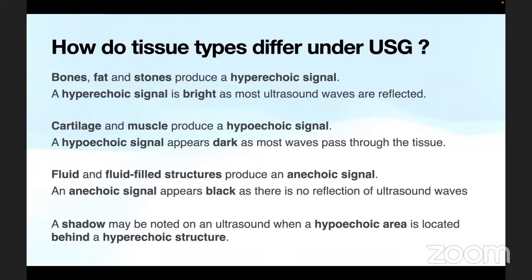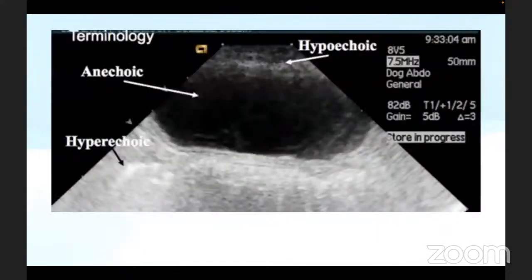Sometimes you may see a shadow on the ultrasound, where a hypoechoic area is located behind a hyperechoic area. This can be because of stones, as we see in renal calculi. This is a typical ultrasound picture where we can see all the common types of echogenicities which we regularly see while performing an ultrasound. On the top, we can see the hypoechoic areas, and then the anechoic and the hyperechoic. So this picture will give you a